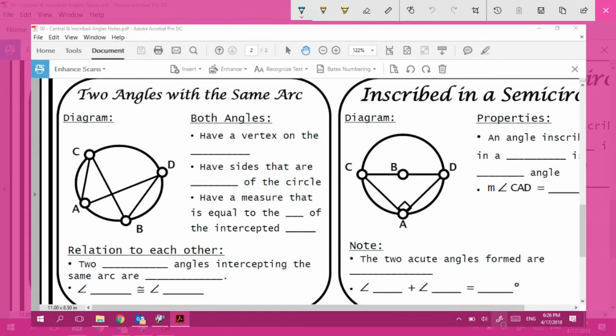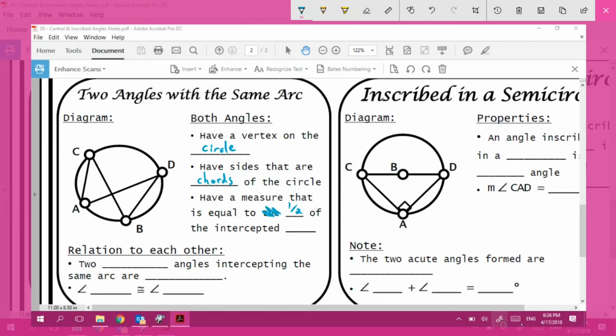Next up, we've got some special inscribed angles. So let's take a look at this diagram right here. Check it out. Both angles have a vertex that is on the circle. Nothing's changed there. They both have sides that are chords of the circle. Remember, look, we got CB and BD. Those are chords. We got CA and AD. Those are both chords. And they both have a measure that is equal to 1/2